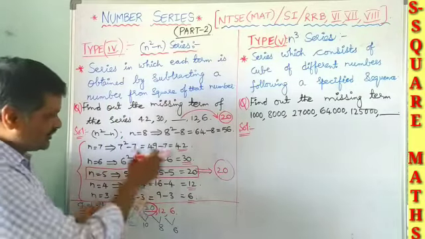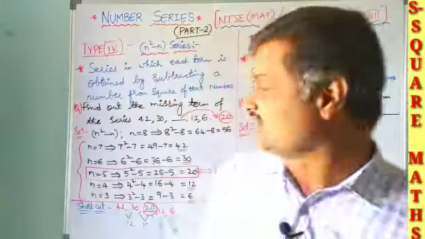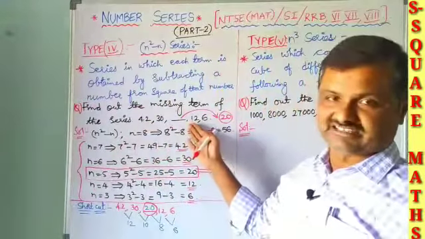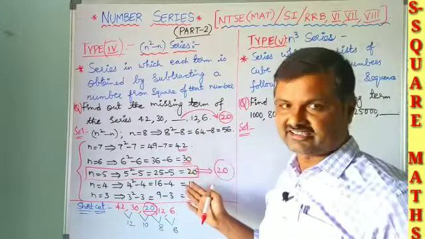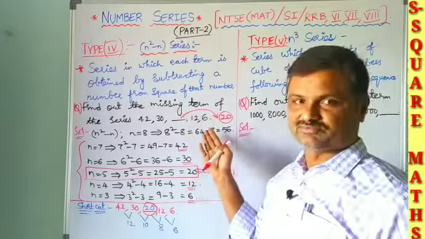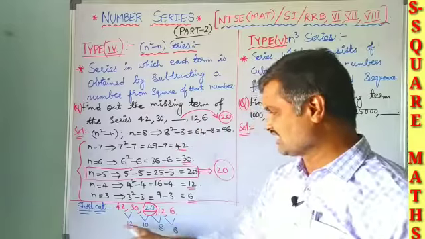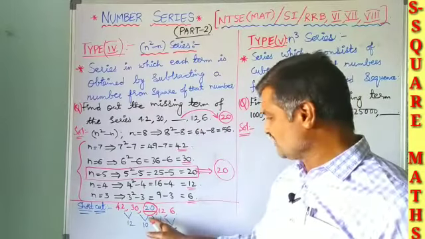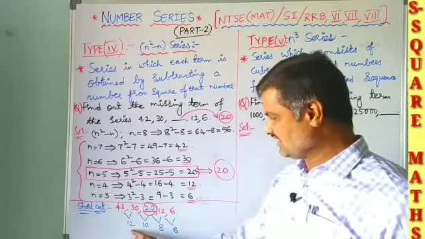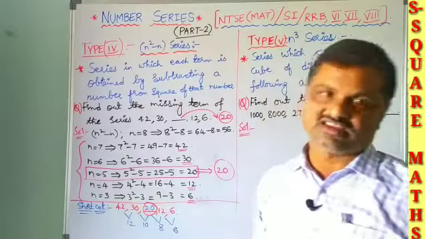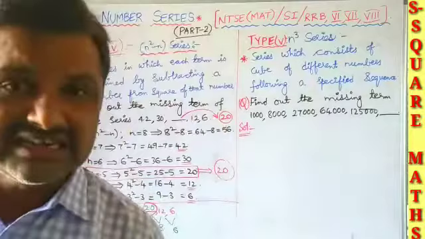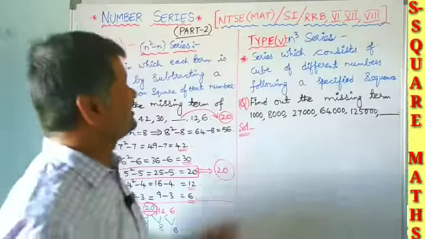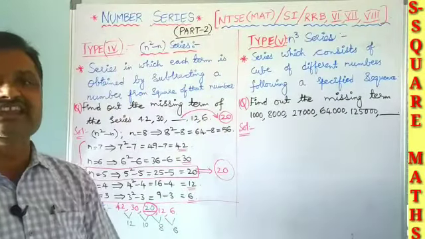So please students, after watching this, don't stop at the missing term. Go for the next two terms also. The next two terms also we got the same. Hence 20 is our missing term. In the same way, while doing our shortcut also, go for the next remaining terms. If it is happening, then we can go for the answer. So in this way, n square minus n series has been discussed. Now our next type 5, n cube series.